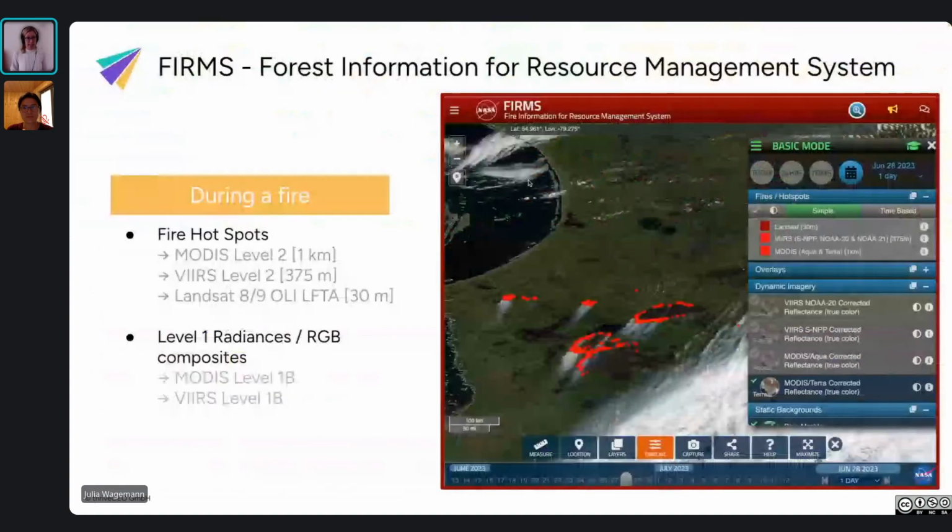Good. So then the next portal I'd like to introduce you to is FIRMS. FIRMS is the abbreviation for Fire Information for Resource Management System, and this is a system that is developed by NASA, and this specifically aims to give you information during a fire. So it gives you information on fire hotspots, so where are potential fires located, and this information is given by